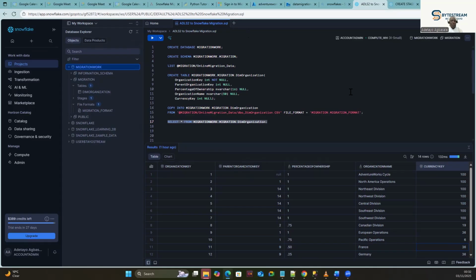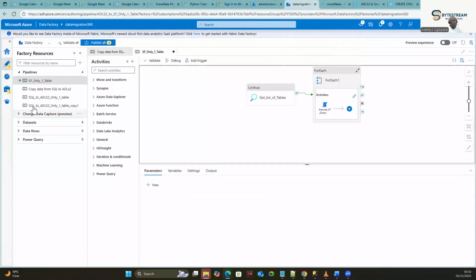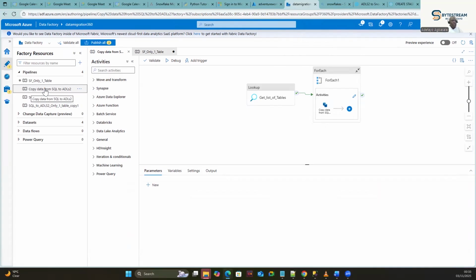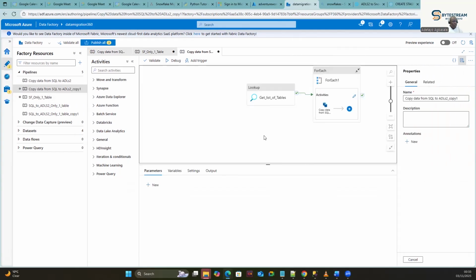So the first thing we're going to do is clone our pipeline and test. This is the pipeline that we created earlier, which we used for moving our data into ADLS2. So let's clone this. So let's call it